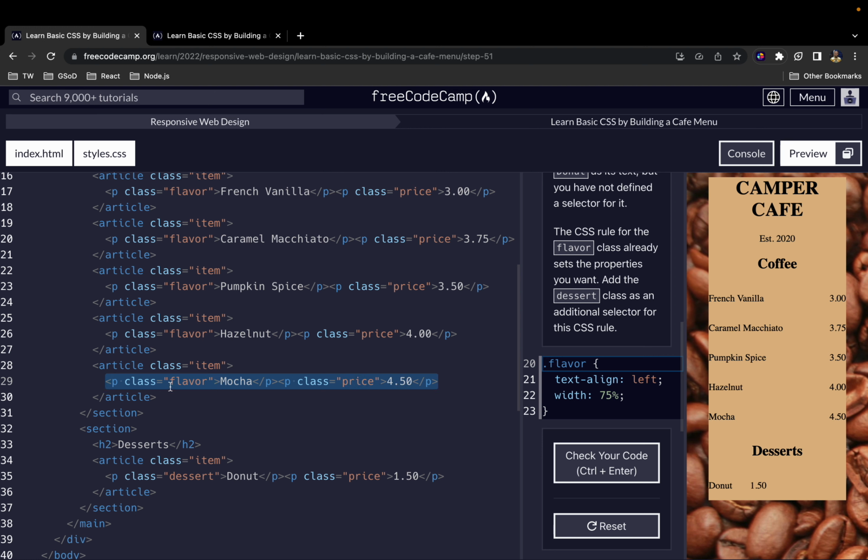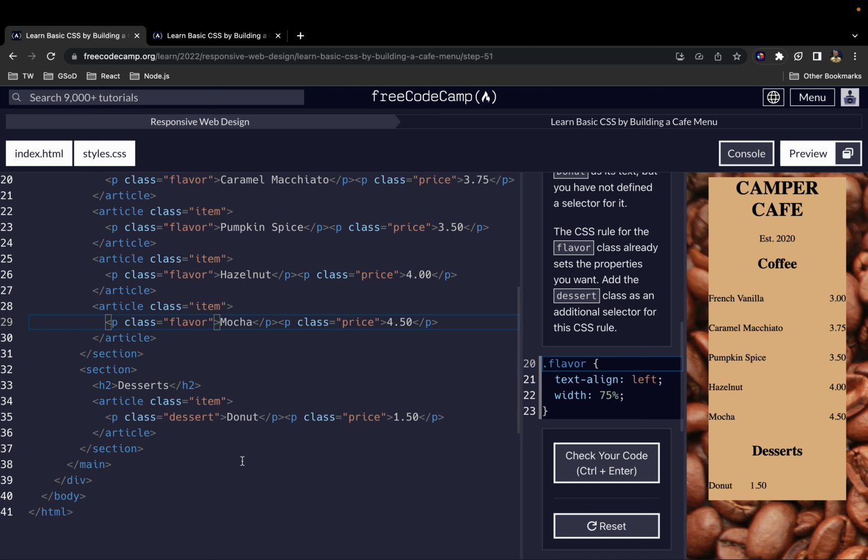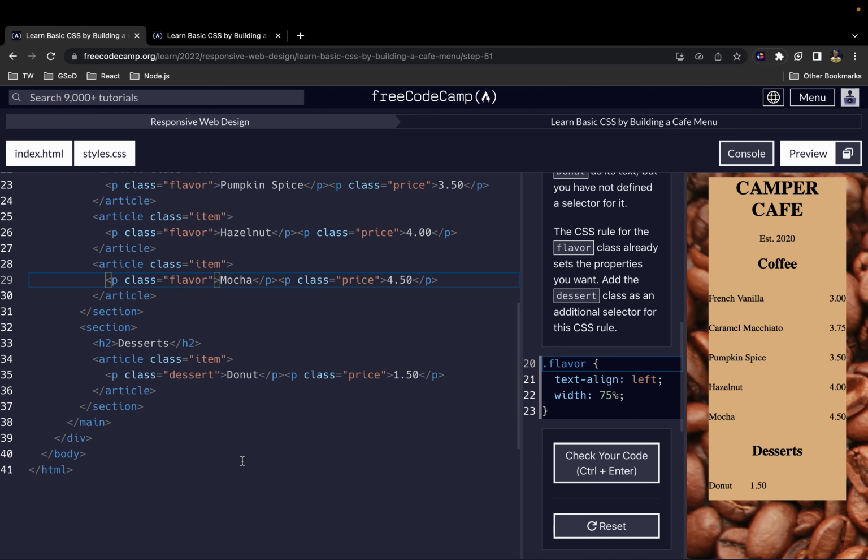The first one has a class of flavor, and the second one has a class of price. Okay, and for this one, the class for the first one is dz, and the class for the second one is price. So for us to be able to add the same styles, the way we do that is to